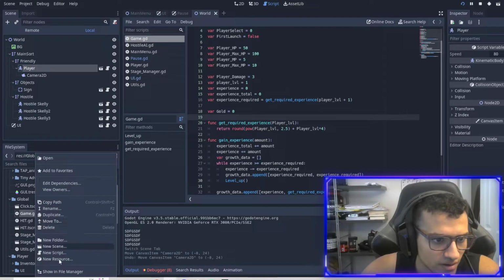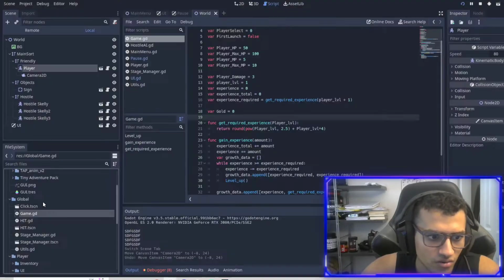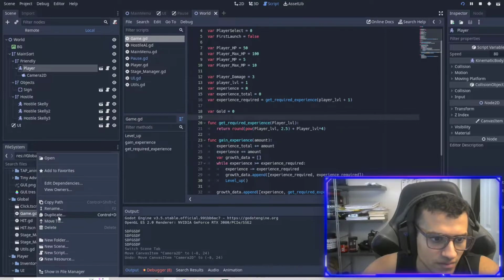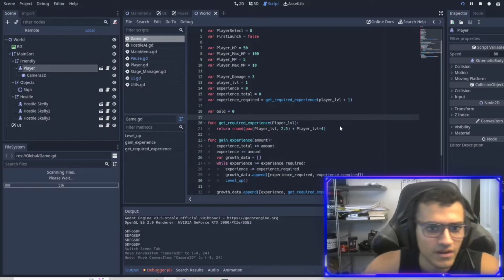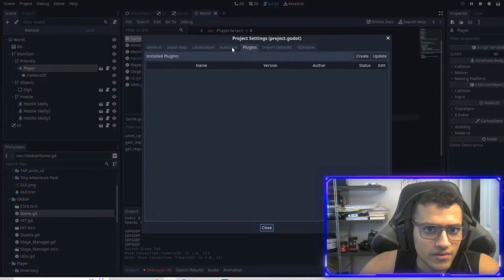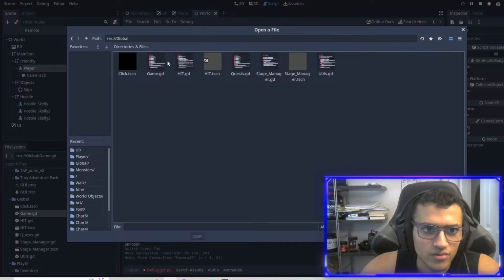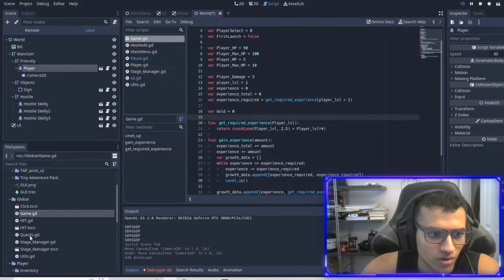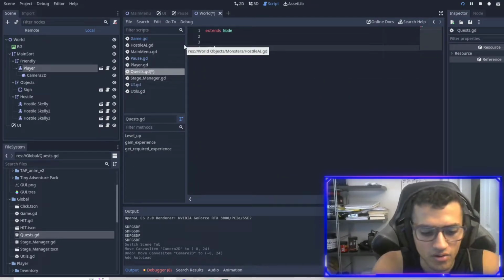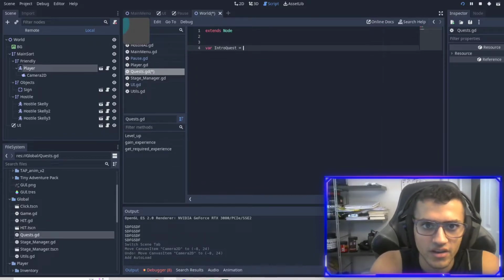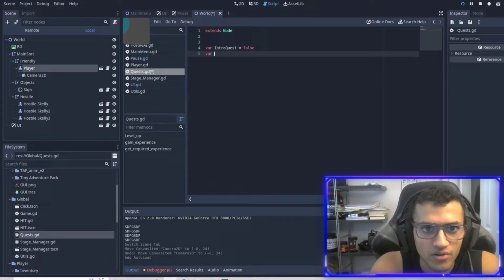Let's go to game and go to new resource. No, not new resource. Let's just duplicate this and say quests. Quests, there we go. And then let's go to autoload, and we want to autoload that because we want it to be global. Quest, here we go. Open, add, let's go to quests, and then delete all this because we don't need it. And then let's say var intro_quest equals false. And then we'll say var monsters, skellies